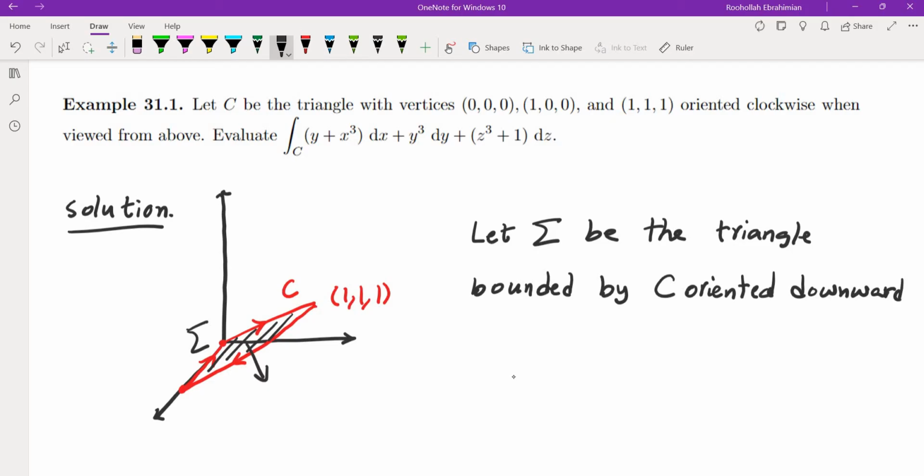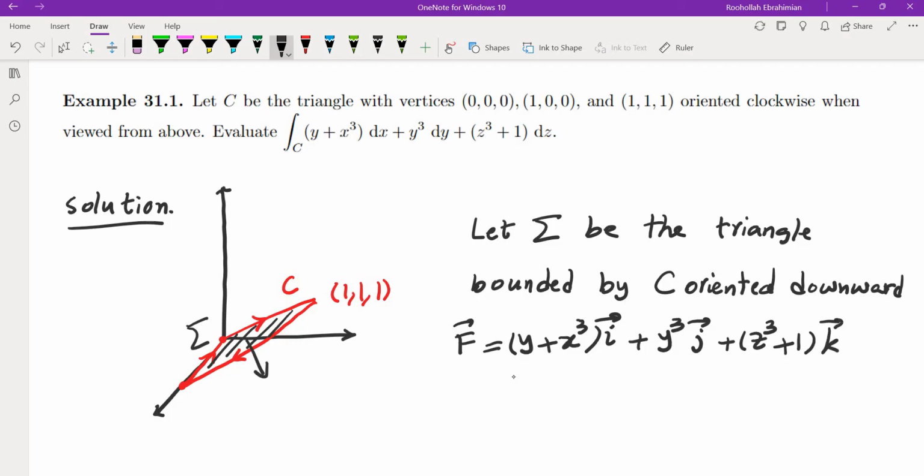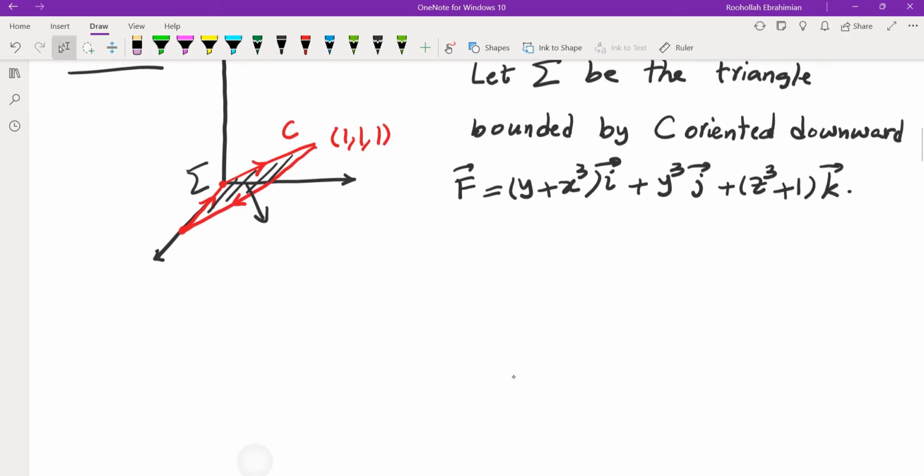So given that, we can apply the Stokes theorem. Our vector field F is (y plus x cubed) i plus y cubed j plus (z cubed plus 1) k. This is our vector field. So we can apply the Stokes theorem. So Stokes theorem tells us that